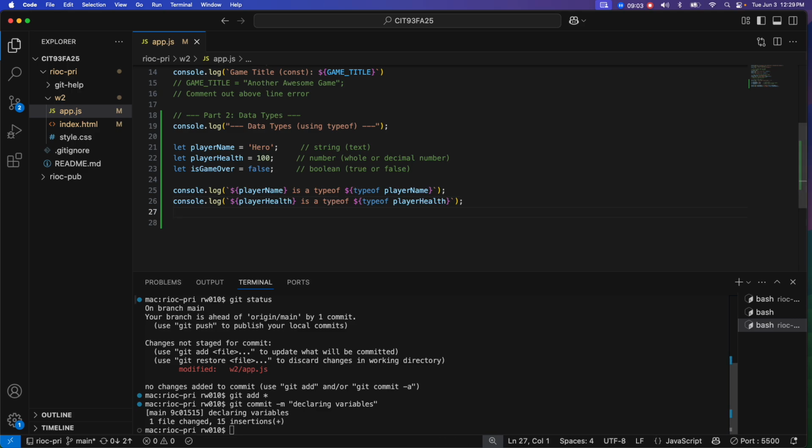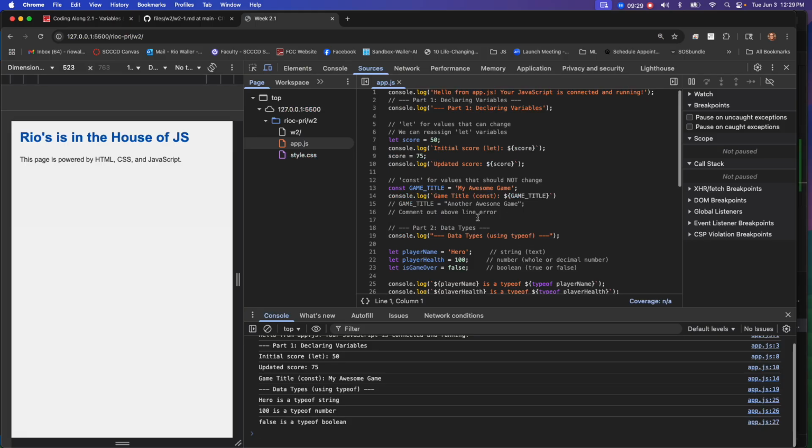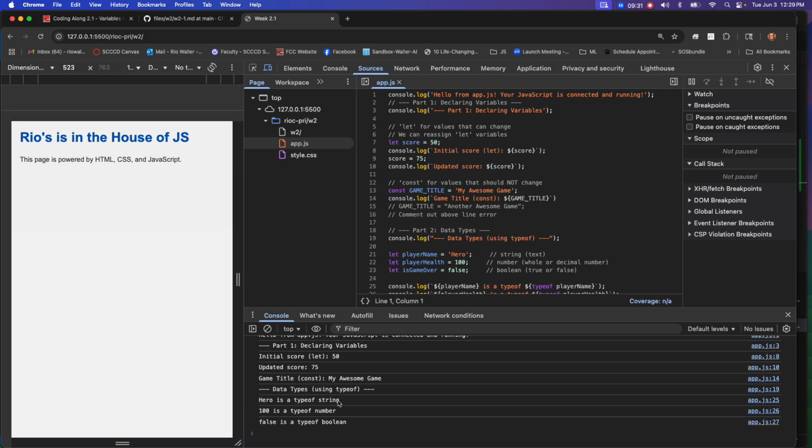All right, so let's do one more. Again, and by the way, there is also a keyboard shortcut just to take that last one and duplicate it. So is game over is a type of what? So you can see up here, we know because of our code what it is a type of, because we don't have much code, but you can imagine on a larger code base, this would be harder to do, okay? Okay, so hero is a type of string, 100 is a type of number, false is a,